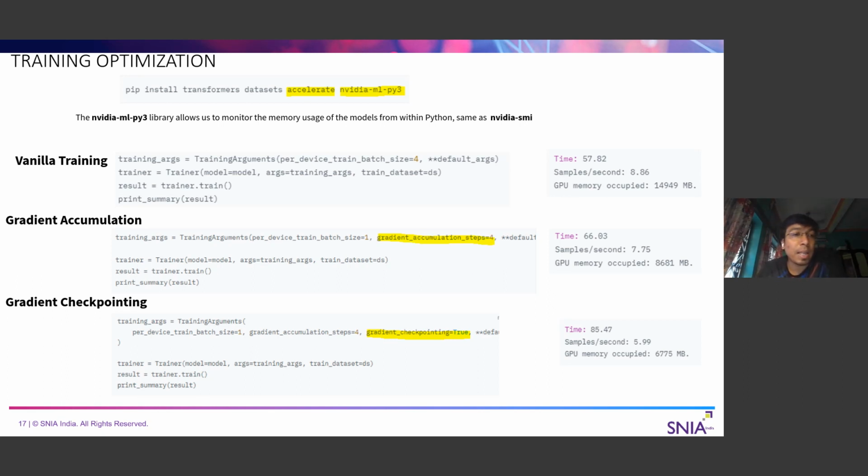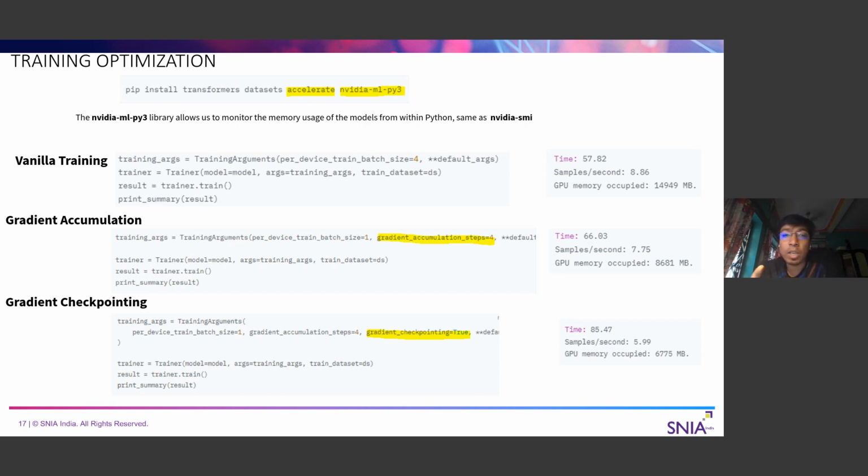There is another parameter, for example, gradient checkpointing. This is also a memory optimization technique. In the forward pass of the neural network, when the training is happening, there are forward and backward passes. In the forward pass, we are not saving the activation at every node.